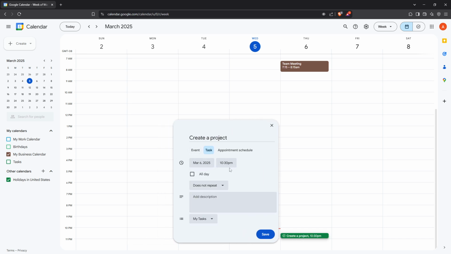Optionally, you may want to include additional information or a description for your task. This can be particularly useful if the task details are complex or if you need to communicate something specific to other team members. Enter any additional details that might help clarify the task. Once you have all this information entered, don't forget to click on Save to ensure your task is finalized and